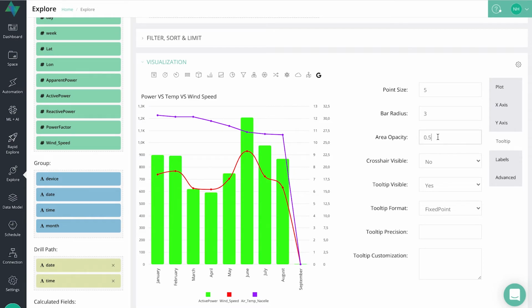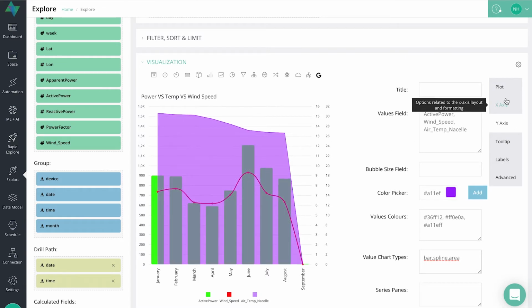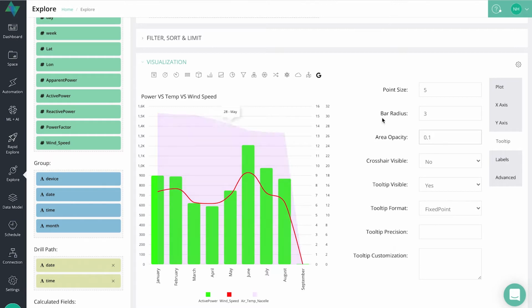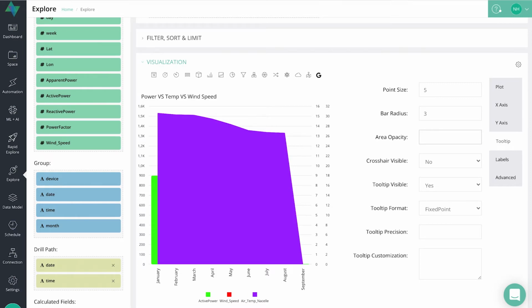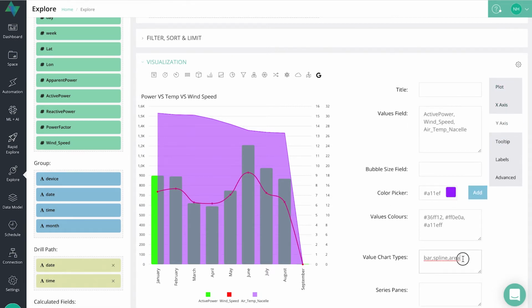Opacity, we can change that if your chart is an area chart, then you can change the opacity. So in my case it's not applicable because I don't have an area, but if I change that to, let's make the line an area, it shows like that. Let's quickly go to tooltips, make it 0.1, it's lighter, even 1 is going to be dark. So 0.5 is a good value for an area chart, but let me quickly change that back to spline,